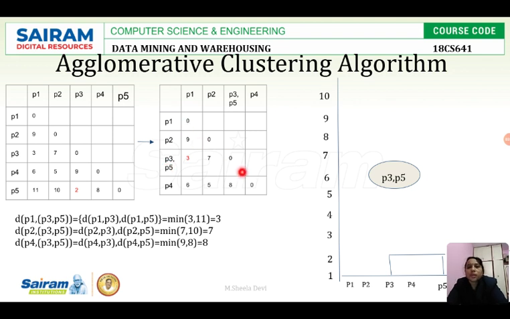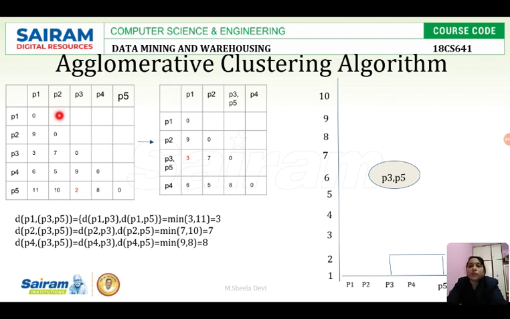create the proximity matrix in which I am adding, usually this is common, P1 to P1 will be 0 only, because the distance between the same point, P1 and P1, will always be 0, and P2 and P2 will be 0. So you can write it like that, and it is already given that P2 to P1 is 9 in this. So I am copying that here, and P3 P5 to P1. Do we have any information about P3 P5 to P1? No.